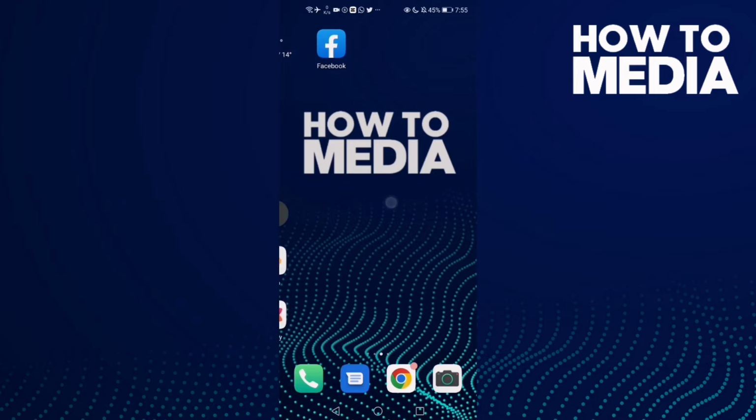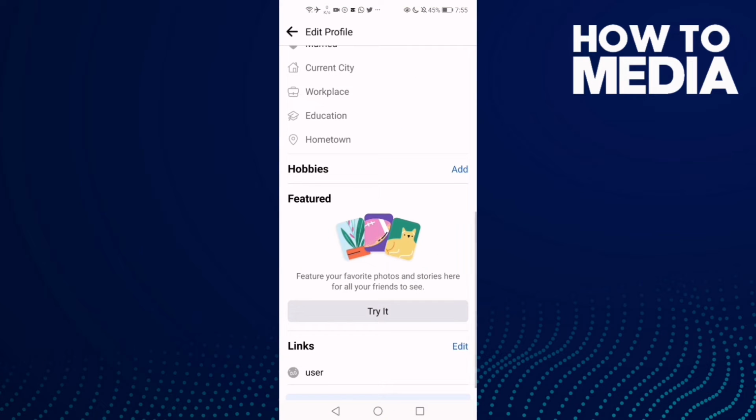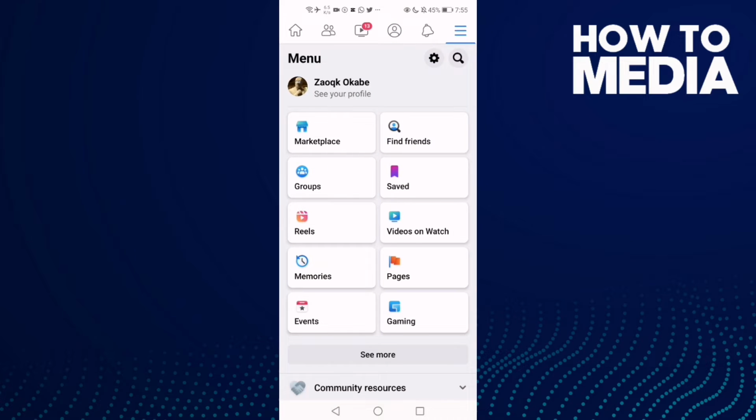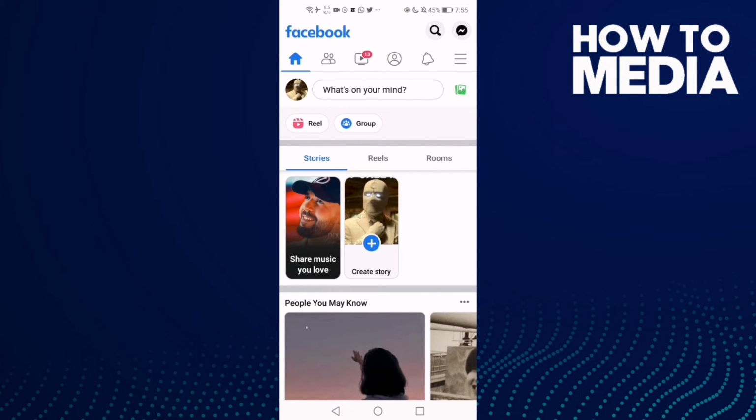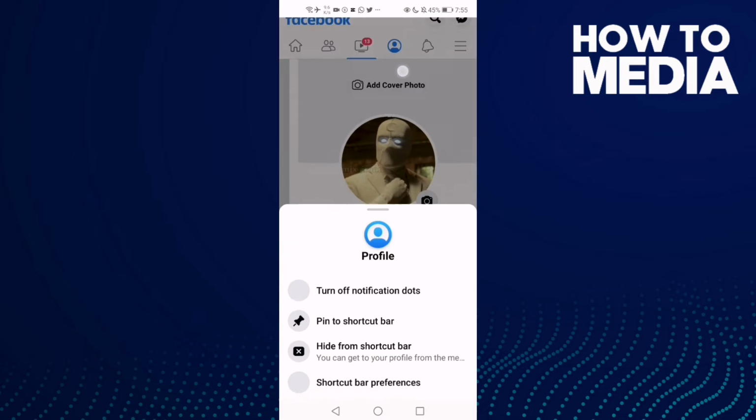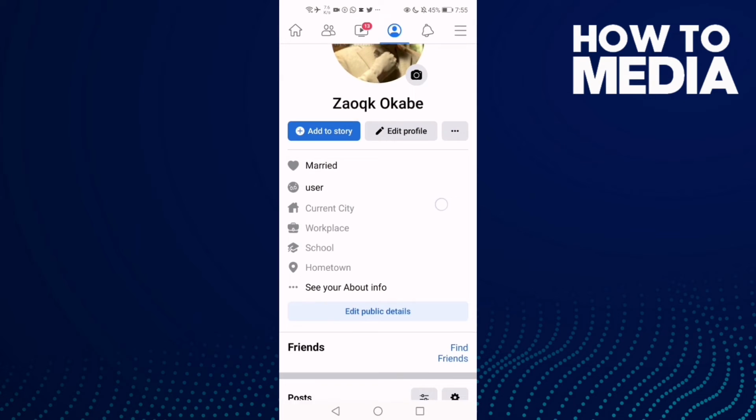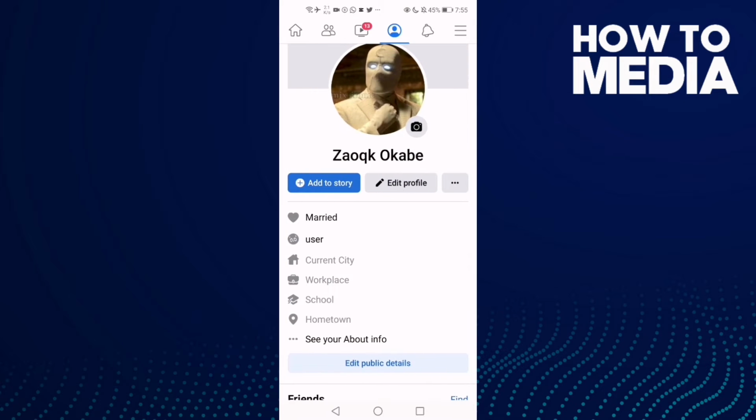First thing, go to Facebook and just click on your profile here, and then go down and you will find edit profile. Click on it